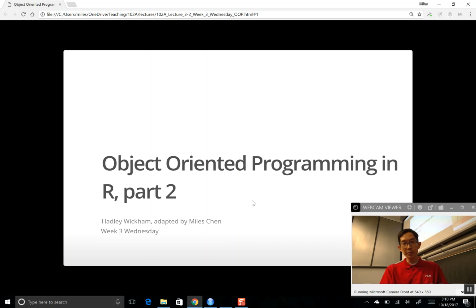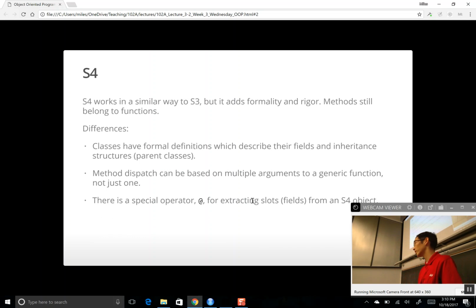So here today we'll talk more about object-oriented programming. On Monday we covered object-oriented programming, the S3 system with generic functions and methods, and the key there was that methods belong to generic functions. And S4 is another system, and it's very similar in that you have methods belonging to generics, except S4 adds